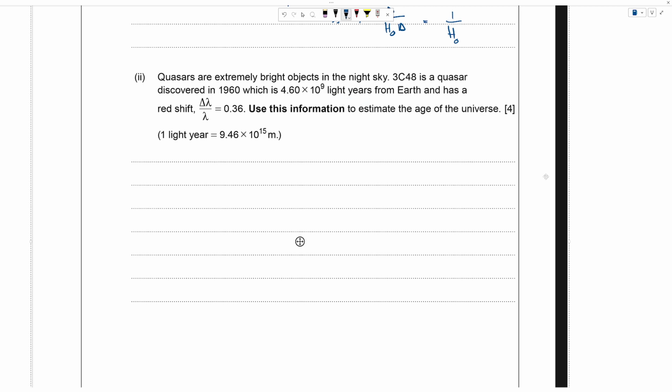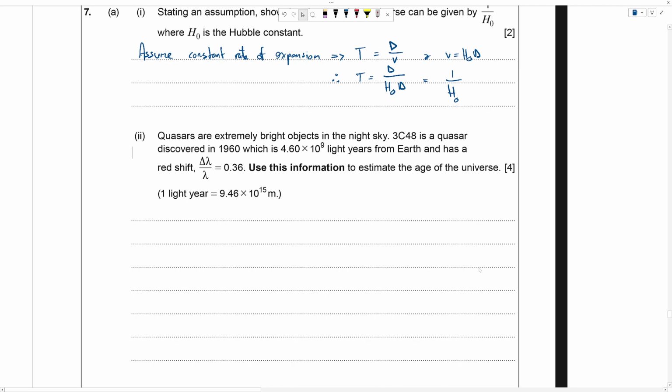So how do we go about this? Note this is a part 2, so it very much follows on from the last thing. So we know that t is equal to 1 over h0. And we know that since v is equal to h0 d, h0 is equal to v over d, and 1 over h0 is equal to d over v. So therefore, the time that we're looking for is equal to d over v,